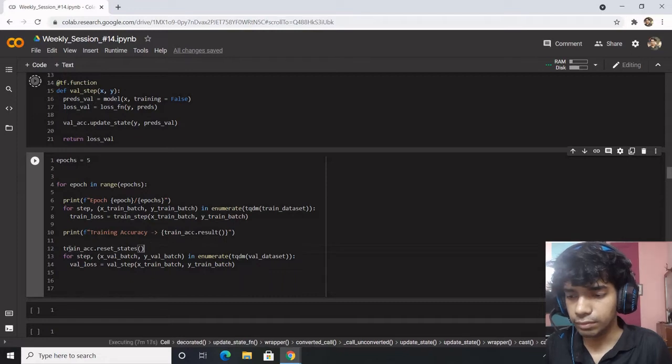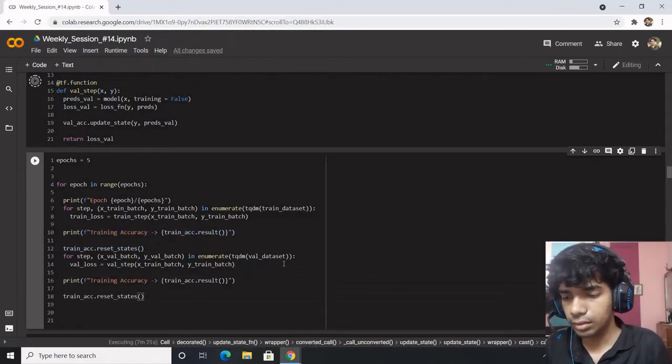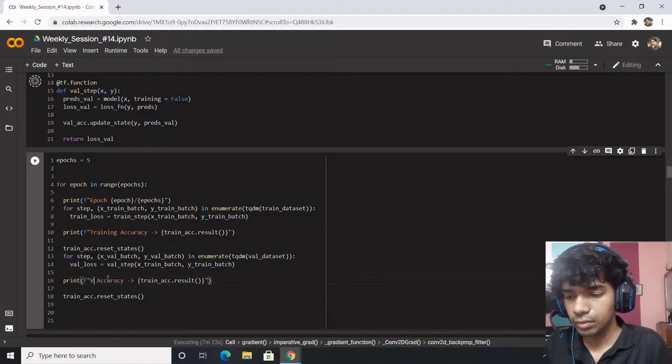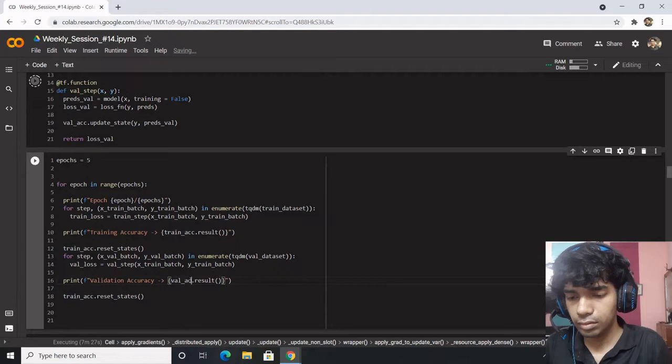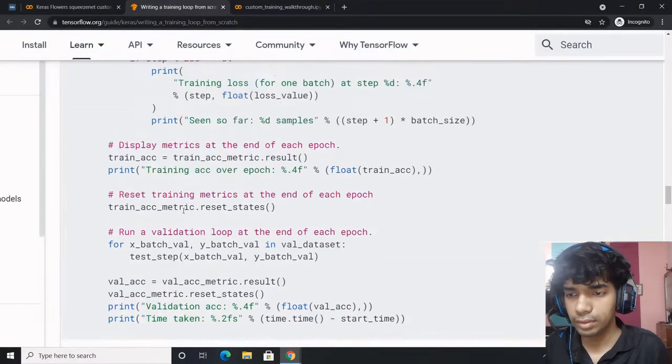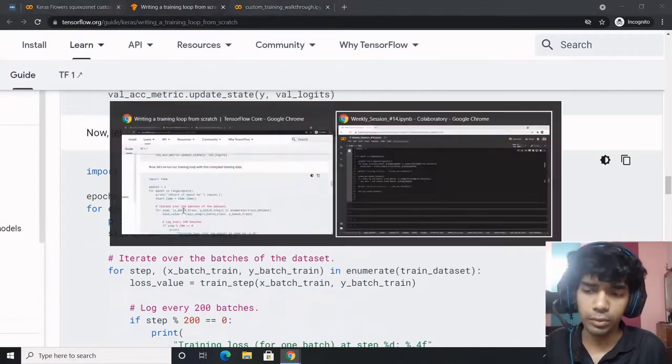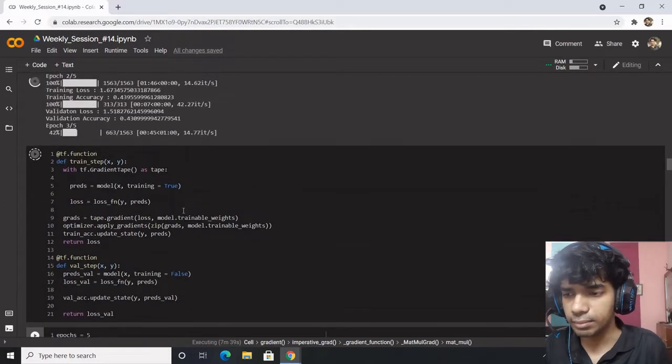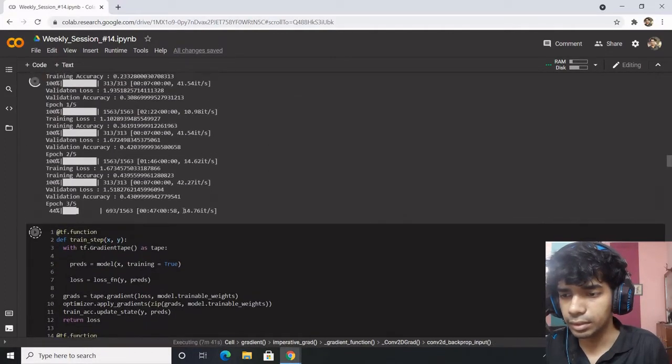Same is the case with validation accuracy. I think this is good enough. Now the code is way more condensed and we'll be better able to proceed.